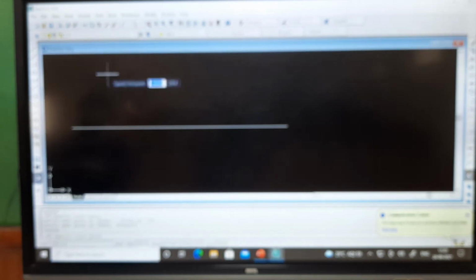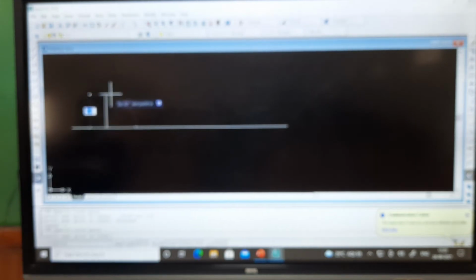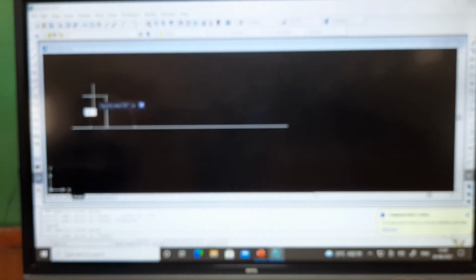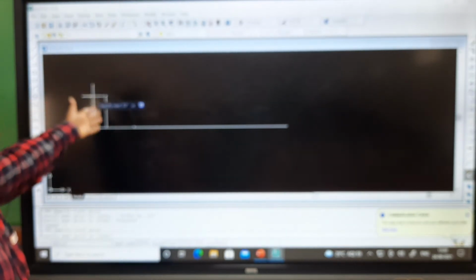Now I will change the bilayer to yellow. I will draw the line, the end of the line B is 20 mm above the HP. So whenever we are giving the dimension, it is important to specify the direction of the crosshair. So I am giving the value 20 mm above the reference line. Because of that, my cursor is also above. So it's showing the direction also where we are giving the dimension. So this is 20 mm above the HP.